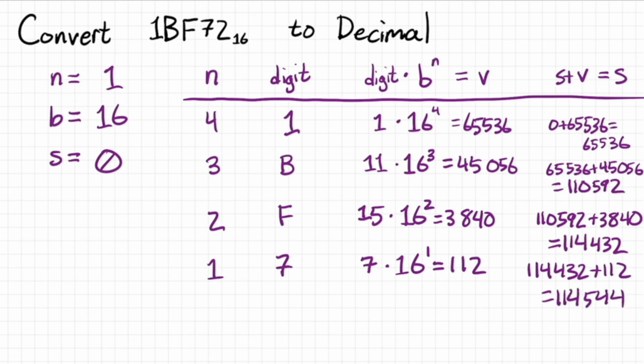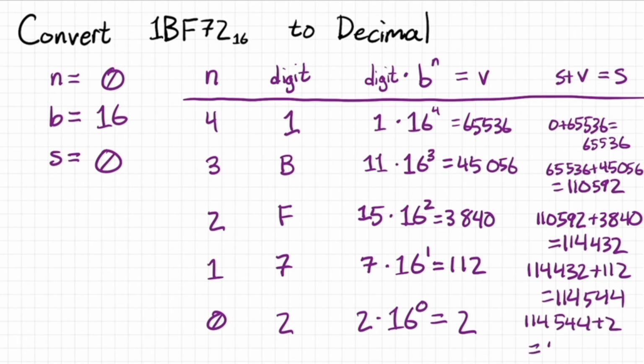114,544. And lastly, decrement N again by 1, so we get 0. Then we look at the final digit, which is going to be 2. We don't have to convert since 2 is already a base 10 number. So 2 times 16 to the 0 is going to be equal to 2. So we get 114,544 plus 2, which is equal to 114,546. And I just realized I should have been updating S all along, but remember, S would start at 0,